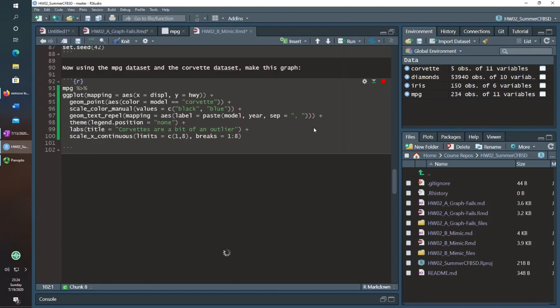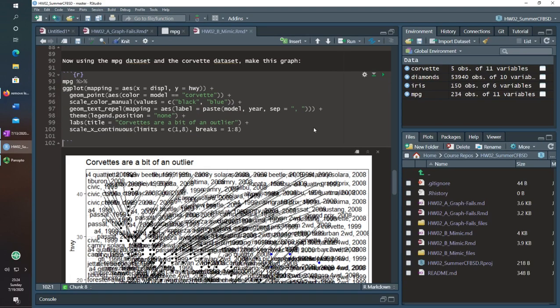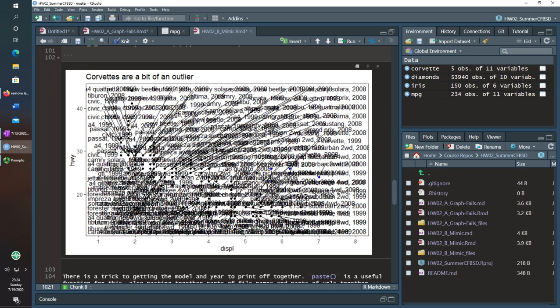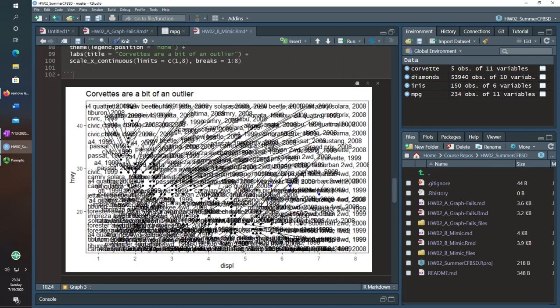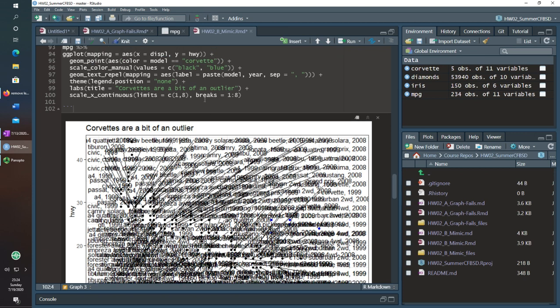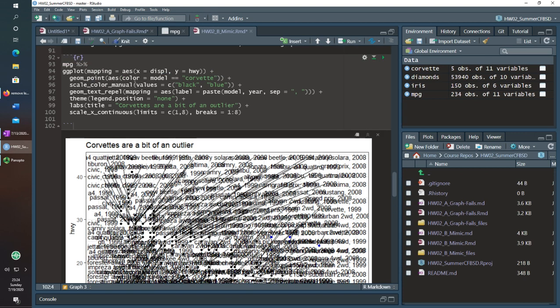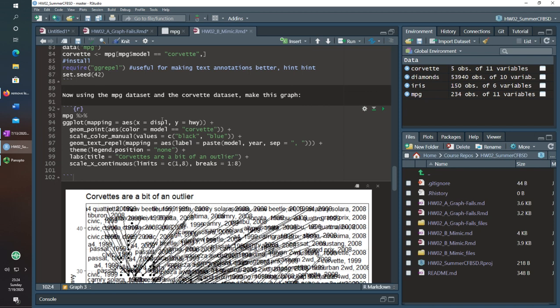And there you go. You can see that it's printing out all of it. You can see some of the text here, Altima 2008, a Camry here. You know, just a mess if you just tried to do model and year. So it's nice to have that subset already be Corvette, and using a different data set to do it. It's really the easiest way to do it. I'm not even going to try to do it in any different way.